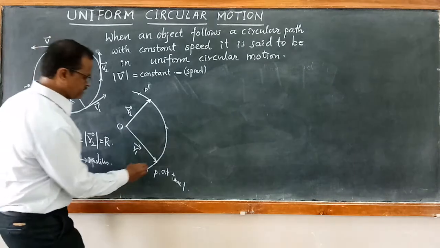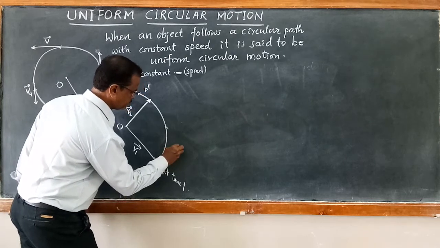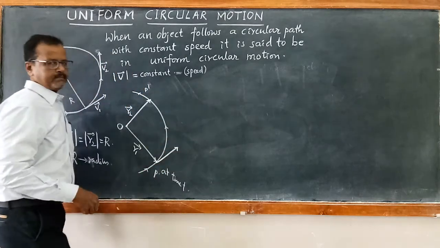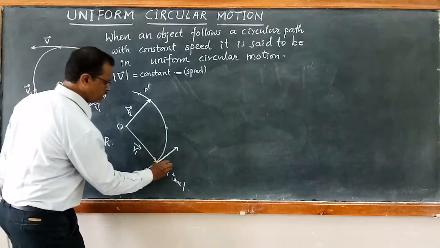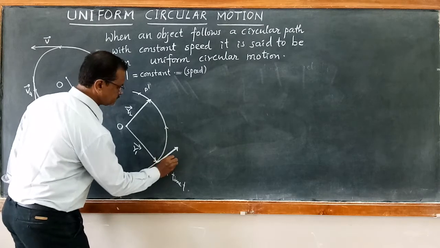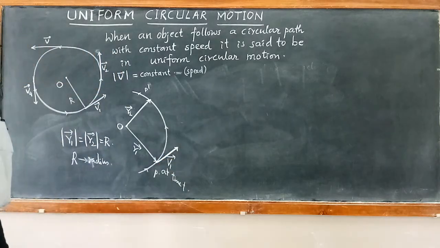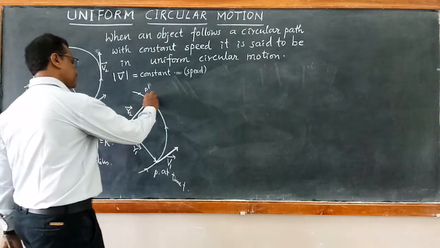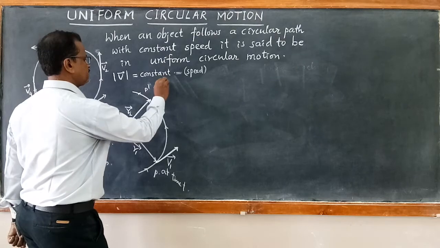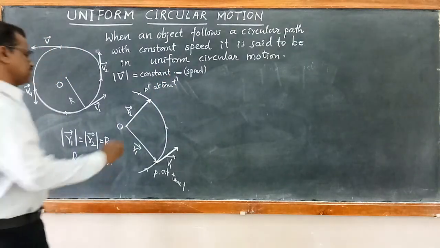Now, if you draw a tangent here, this tangent drawn at a point on the path gives you the direction of velocity. Let us take this velocity as vector v1, and the velocity at another time t dash